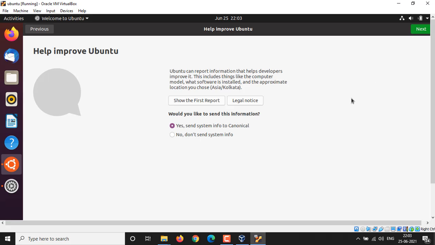Click on Next. Here it asks your permission to collect some analytical data which will be used to improve Ubuntu. Things like your hardware info, the list of software you install, and your approximate location will be collected. Select Yes if you want to, No if you don't want to share your data. I am going to set it to Yes, because the community can benefit from it. Click on Next.